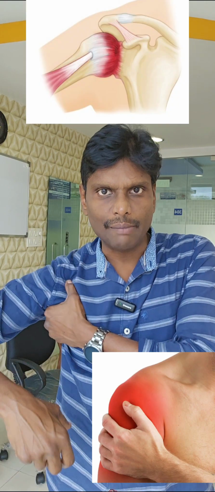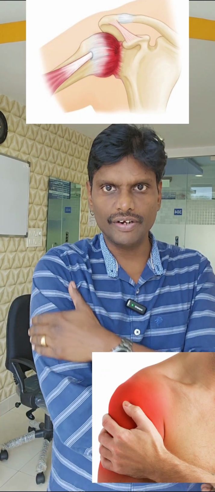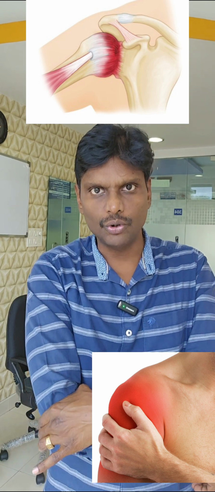For example, in frozen shoulder, though the problem is in the capsule, the capsule through its C5, C6 nerve would be referring pain to the proximal to mid-arm. Sometimes it can go till the elbow too. It depends upon their neural dermatomal pattern. Some frozen shoulders' pain would be here, some will be till the elbow. Nonetheless, the pain source would be the inflamed capsule in the shoulder joint, whereas the pain referring area would be